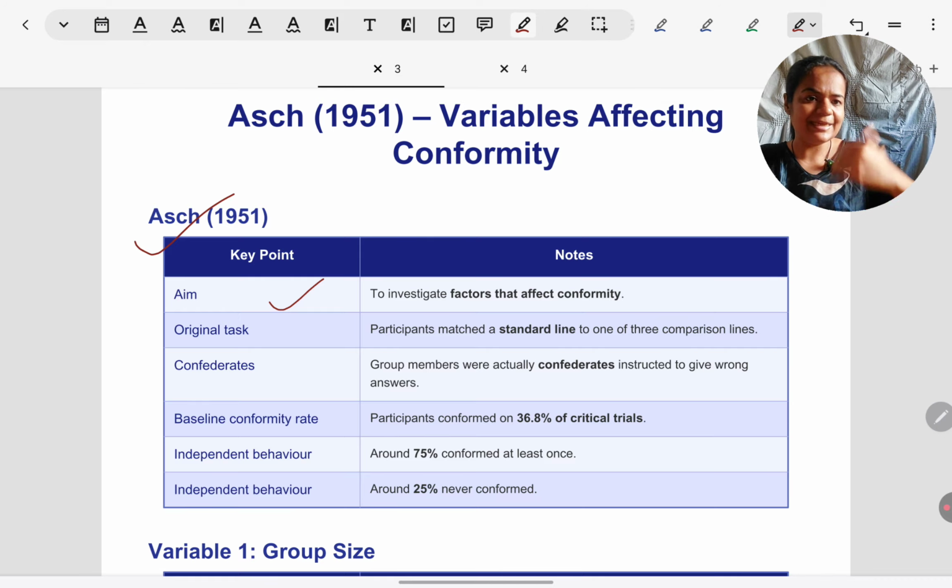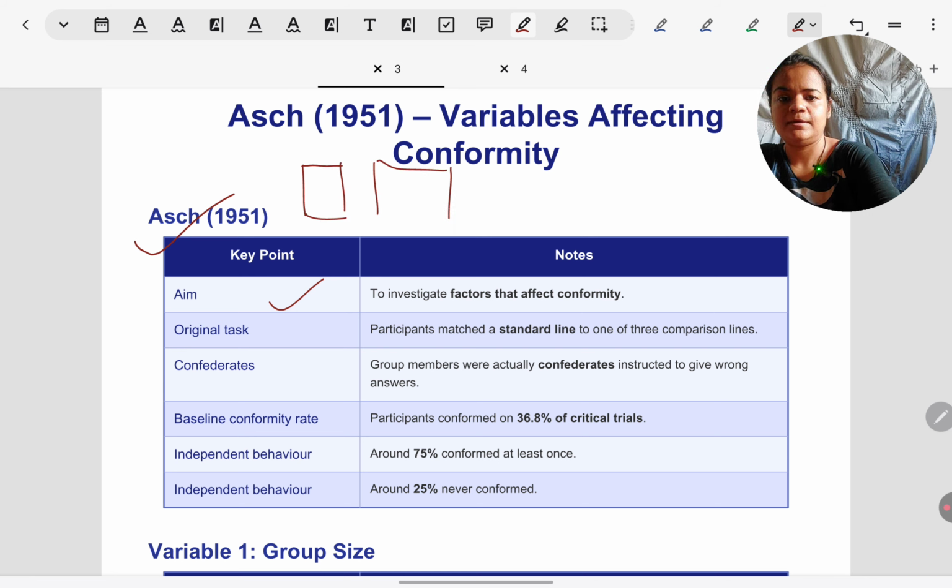On a projector screen in front of them, participants would get to see two sets of lines. Okay, I'm drawing very roughly here. In any textbook or through a simple Google search, you'll find a good diagram for this. Just write Asch's research.